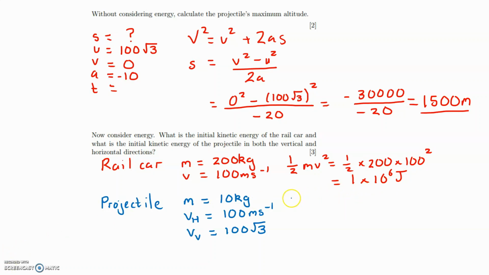And the kinetic energy of the projectile in the horizontal direction is half times the mass of the projectile times 100 squared, where VH is the component of the speed in the horizontal direction, which is 5 times 10 to the 4 joules, and in the vertical direction